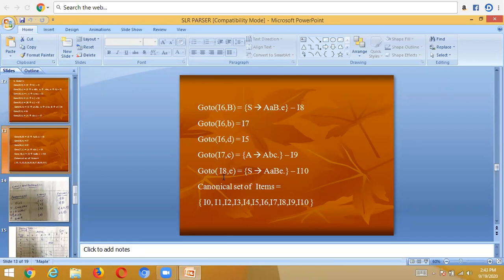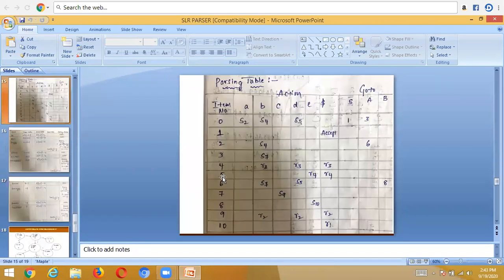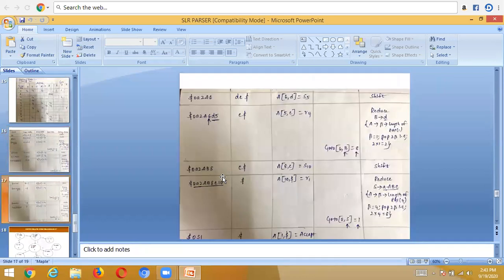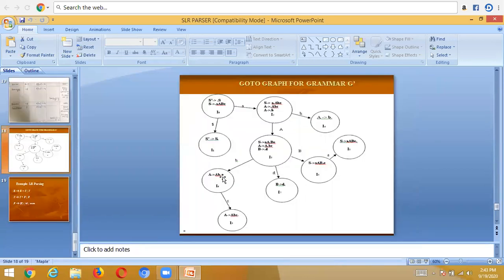Here my input alphabets are both the terminals and the non-terminals, right? But when we are constructing finite automata, there we only consider the input alphabet as terminals. We are not considering the non-terminals as input alphabets. But when constructing in the form of a graph structure, here we take both symbols, terminal and non-terminal, and we finally represent the graph like this to show that it is an automaton graph.